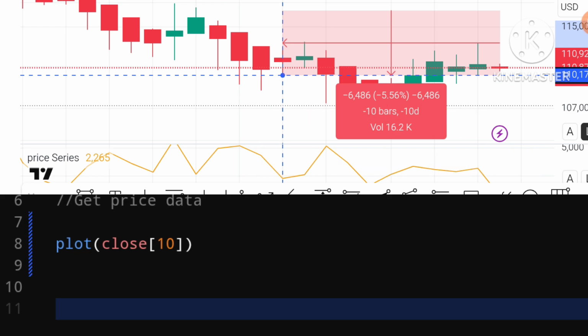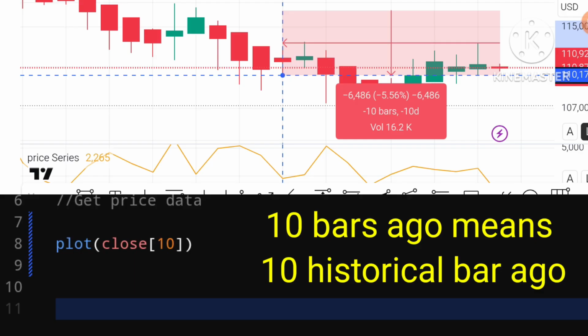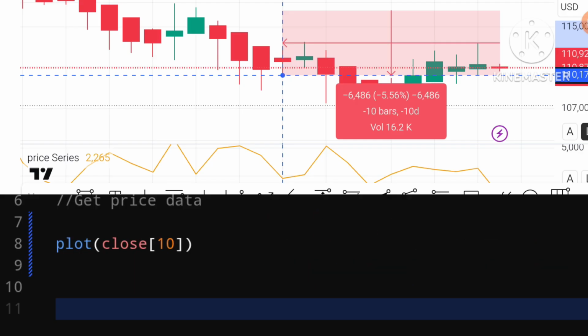Technically speaking, we are counting back 11 bars from the current bar when we reference 10 because we start from 0. 0, 1, 2, 3, 4, 5 and so on. So that is an important thing to mention. When I say I am referencing 10 bars ago, I mean 10 historical bars ago.